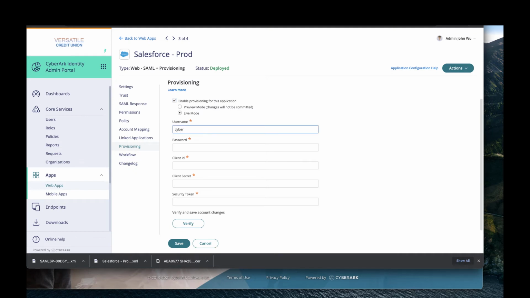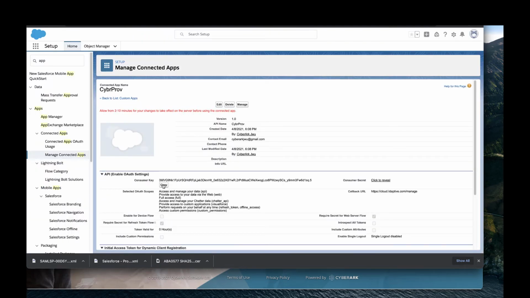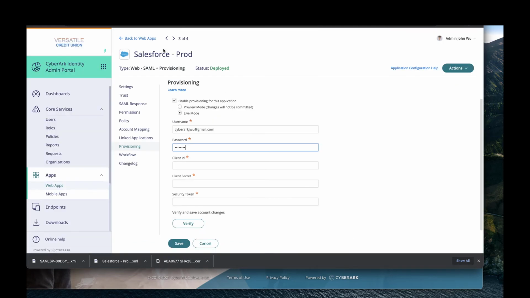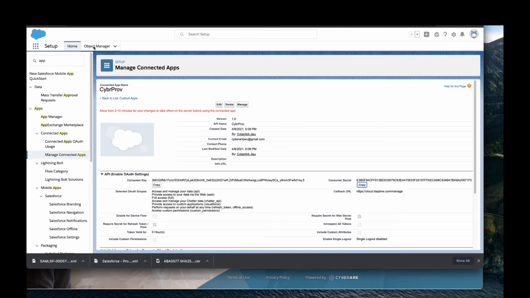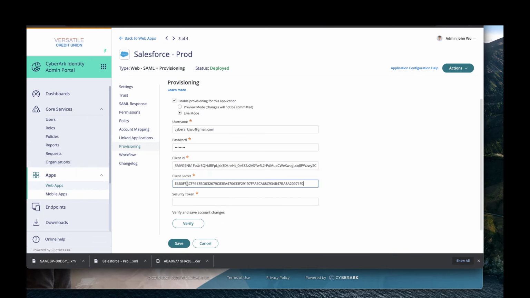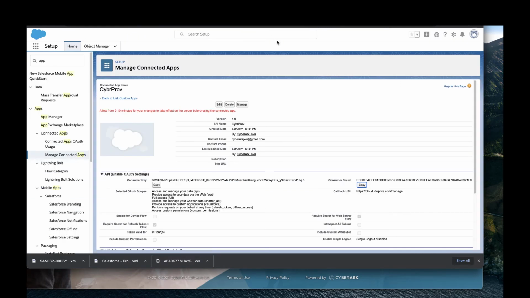I'm going to enter in my Salesforce admin user. Okay, for client ID, I'm going to copy the consumer key and put it into client ID. For client secret, I'm going to click on consumer secret and copy that, paste that in here. And then for the security token, we'll go back to the admin user here,